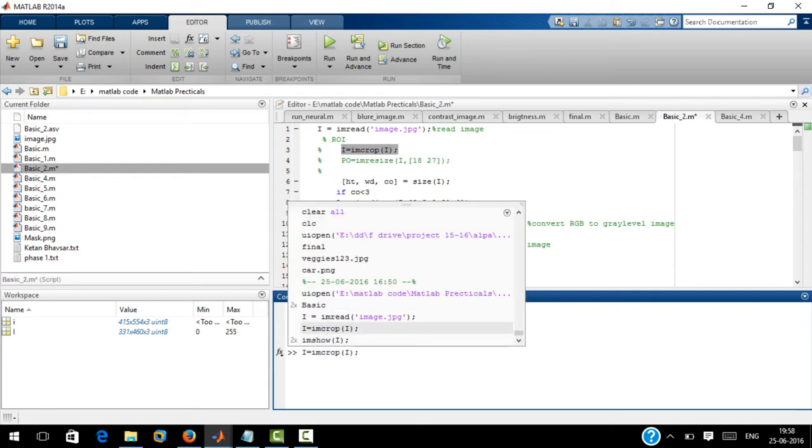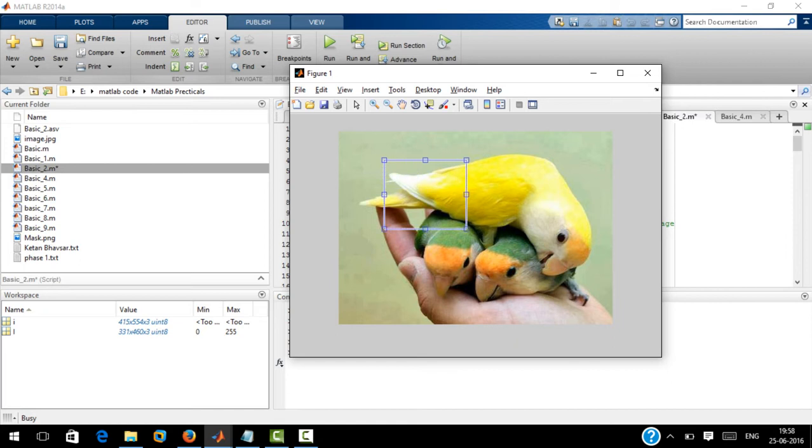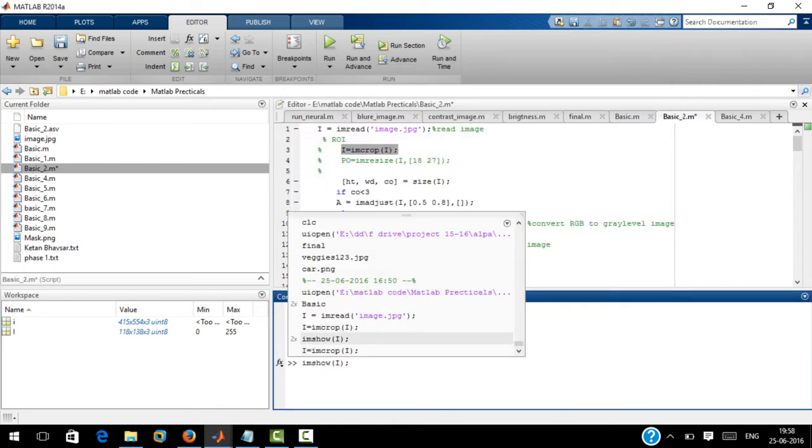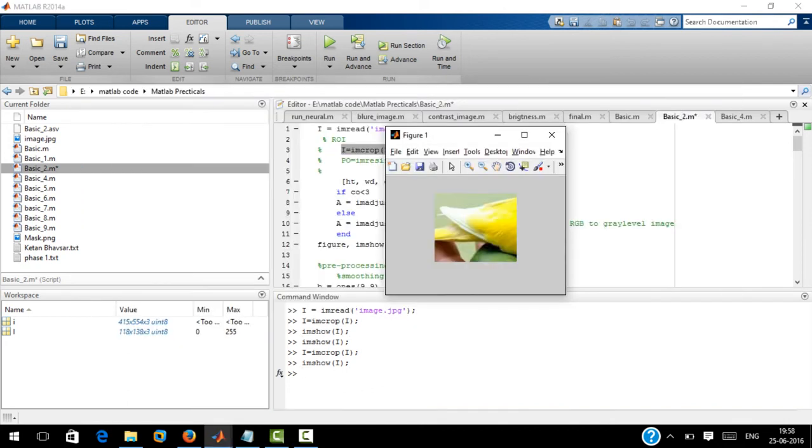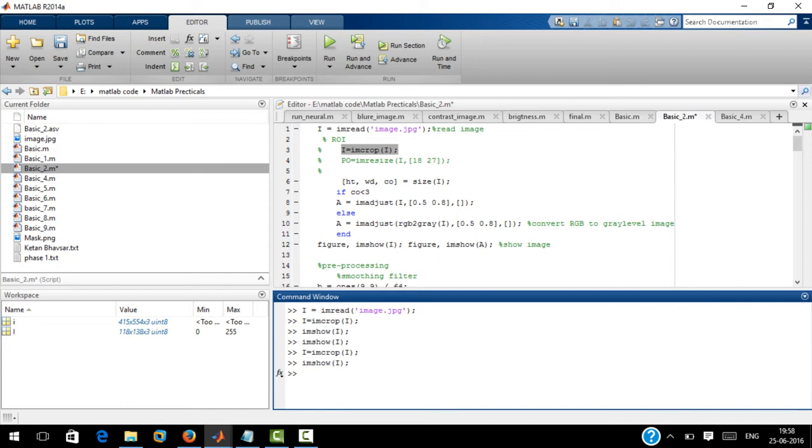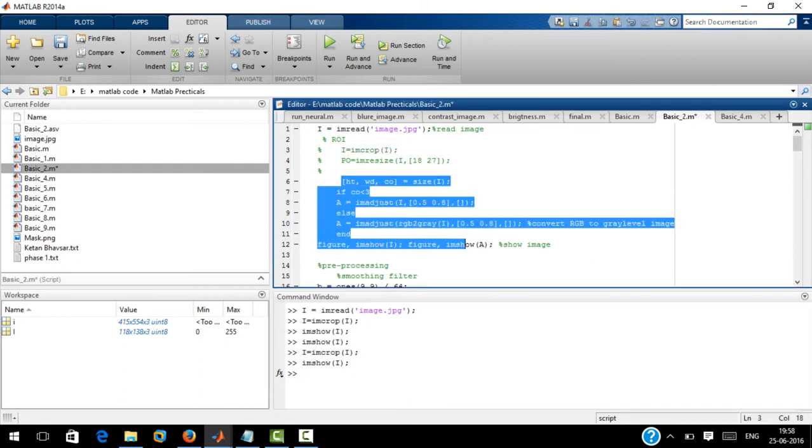The imcrop is based on the region that you are going to see. You can crop a particular part as well as a particular region or area. It is generally used when you are working with biomedical or satellite images. Now move further. This is the basic program to convert the image into an adjustable form, meaning we can convert the image to grayscale as well as set the brightness and contrast values using the imshow command. Let's move further.